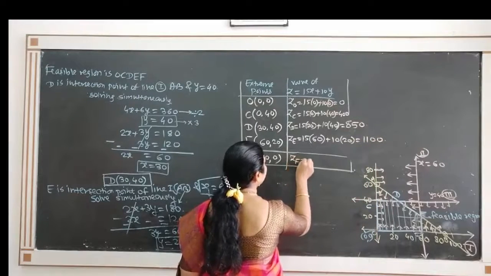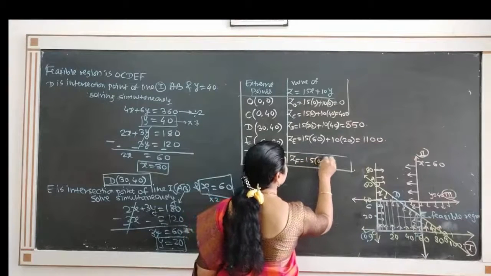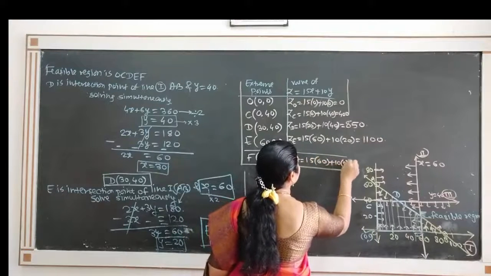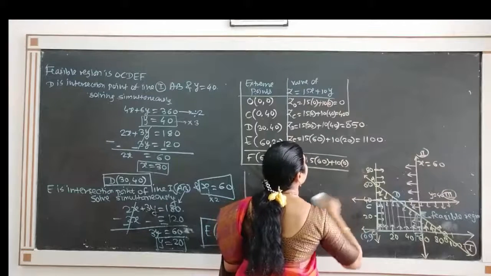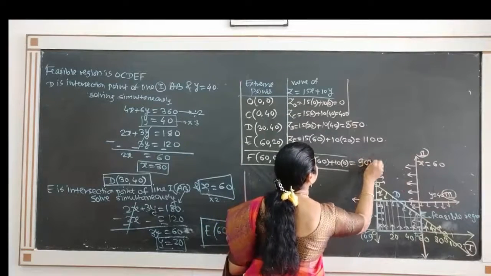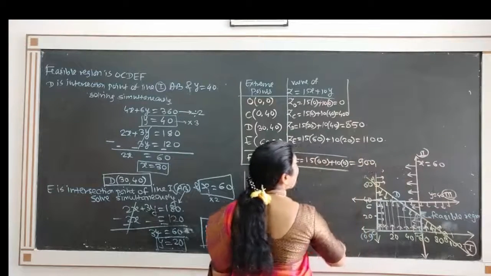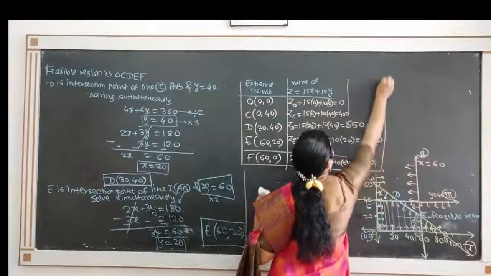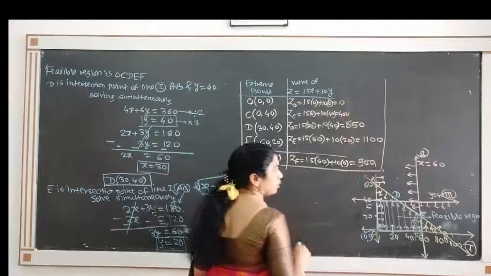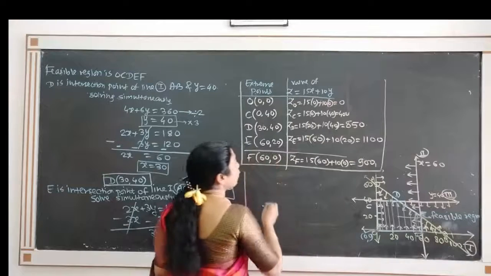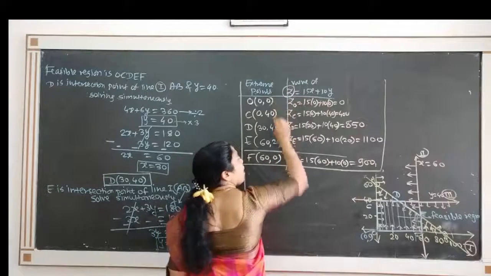Last one, Z at F, that is 15 into 60 plus 10 into 0, and it is nothing but 900. So we find the value of objective function at all extreme points only,